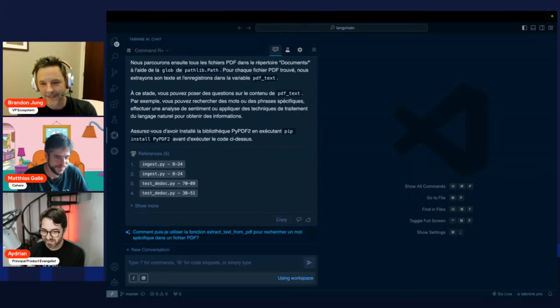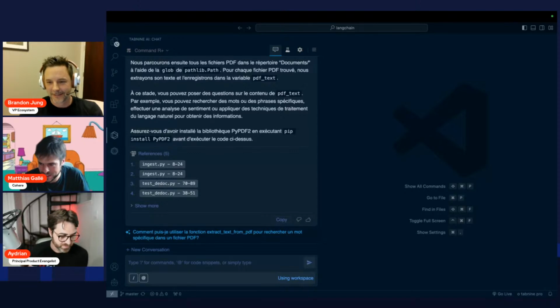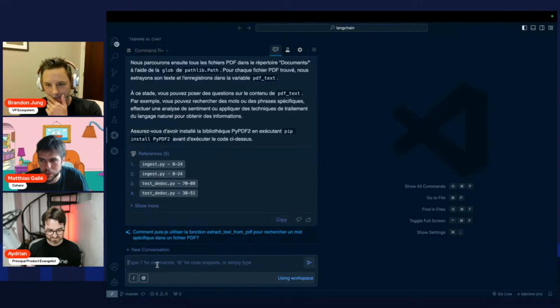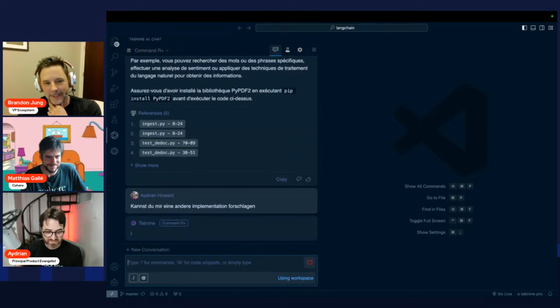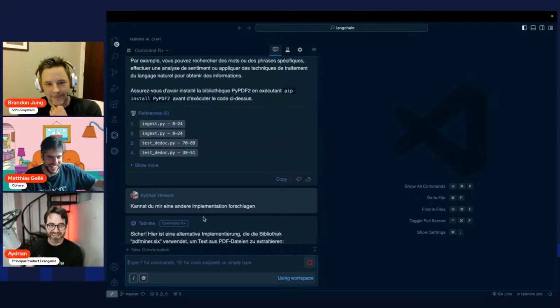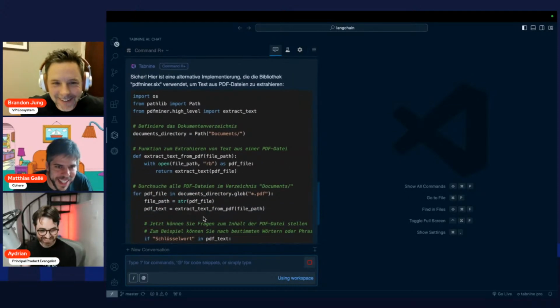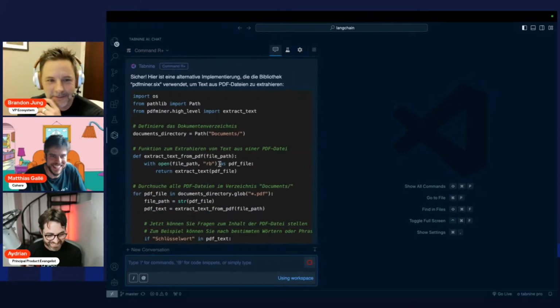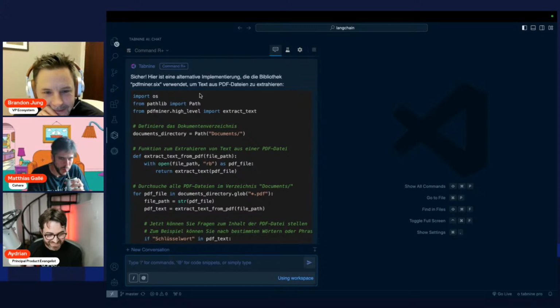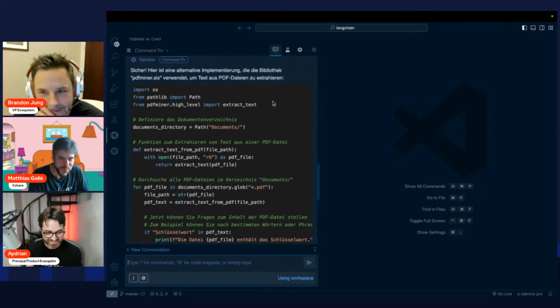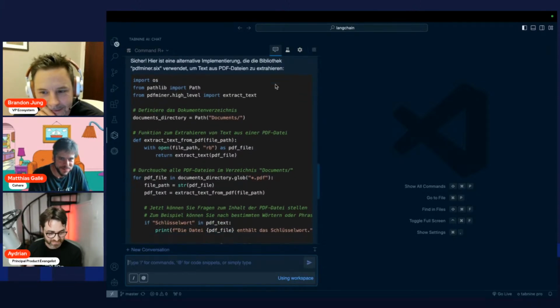You can see what. Oh no, I can't copy it from there. Hold on, I can copy it from over here. Let's see, can you show me another implementation? Propose. Yeah, propose. Oh, you got it. I copied it over. Let's see how it goes. Sicher. Okay, and so this one uses a different library. It's called PDF-6. Oh yeah, die Bibliothek.